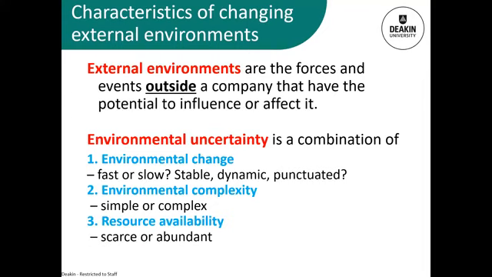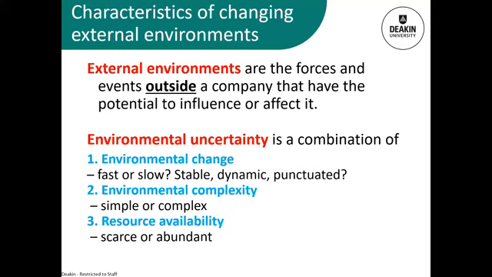Are the resources abundant or are they rare? For example, if there's a problem with crops like coffee in Brazil, then that's going to raise the prices, and it will be a bigger problem for cafes and for markets that provide coffee and coffee services, because they've got to try and work with the resource availability. This also relates back to our noodle example and the wheat supply. If you're a noodle company, those wheat products are a bit more scarce. So these three factors all work together to create and influence the degree of certainty and uncertainty.